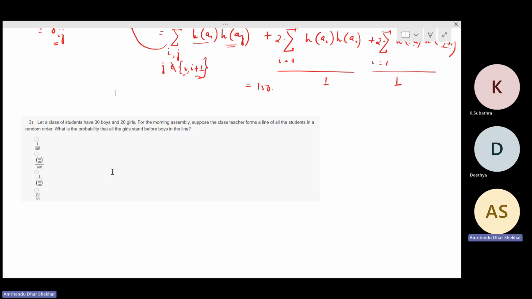So the idea is that from all possible selections,